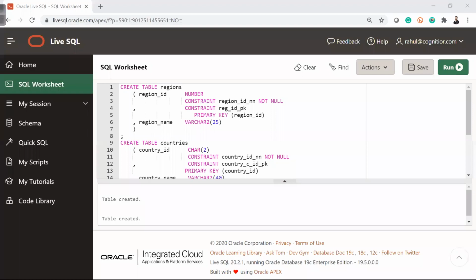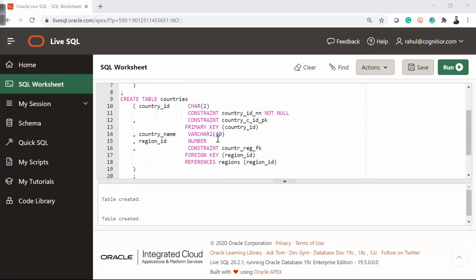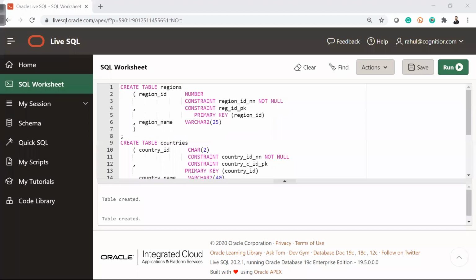Now in this session, we are creating other tables as well in the employee, let's say HR schema. Let's say this is my project where I am creating the physical data model. I'm creating the tables, giving the data types and everything. There are various tables which we have to create.